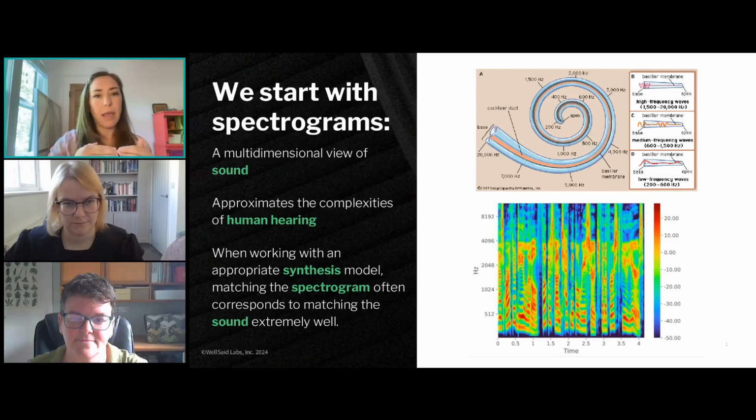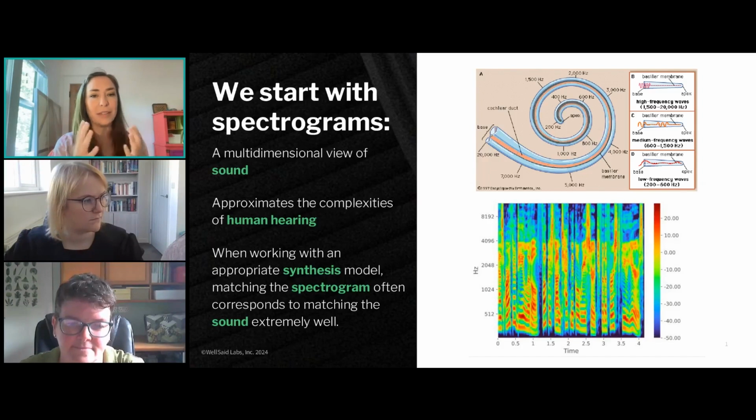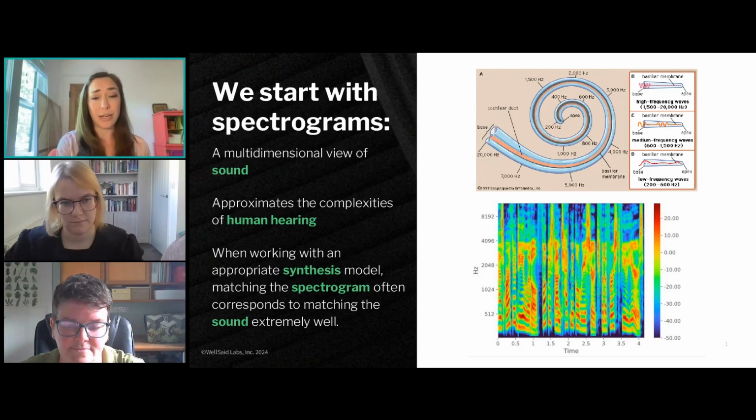Across time and the various frequencies that are at play when we're speaking, all come at different loudnesses and overlap. And so it's really important, if you're capturing a voice, that as many of those dimensions are learned at the same time. Everyone has a vocal ID. And if we're training on human data and we want that synthetic avatar to sound as close to the original training data as possible, of course, understanding everything that makes up a human voice and how our human ears hear those things is really important. So we start with a spectrogram.